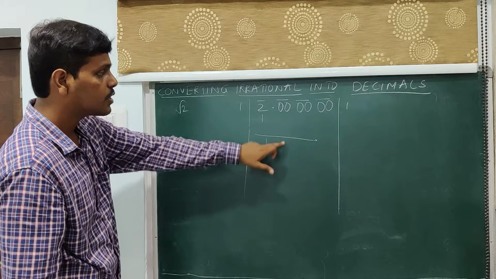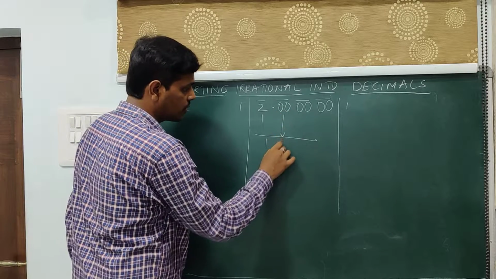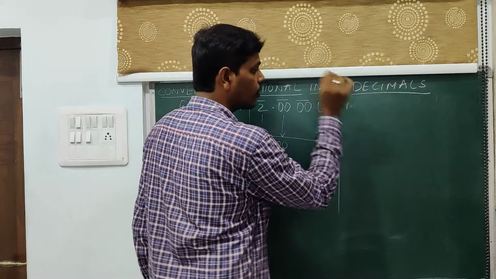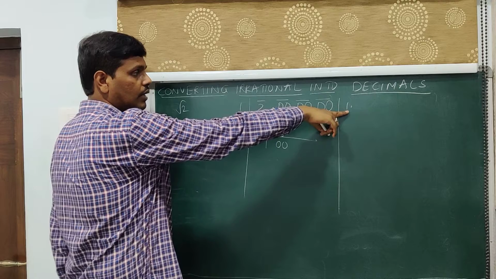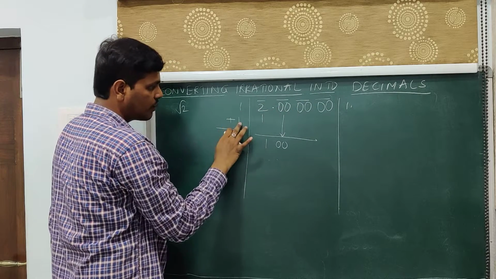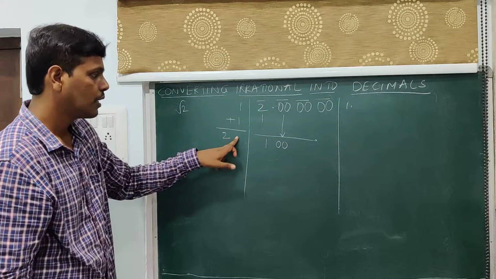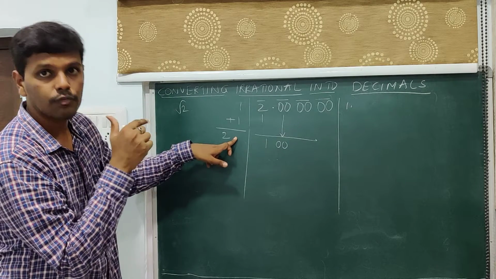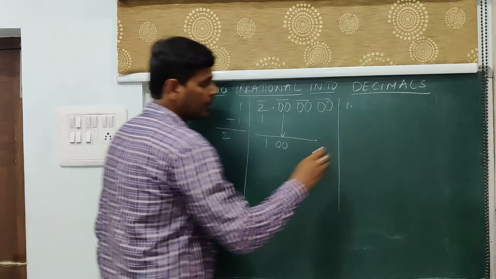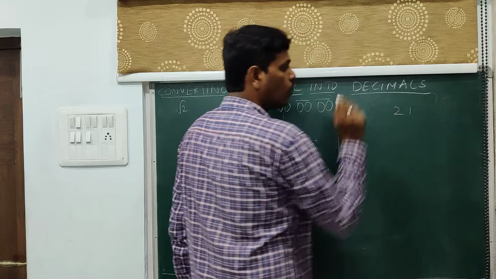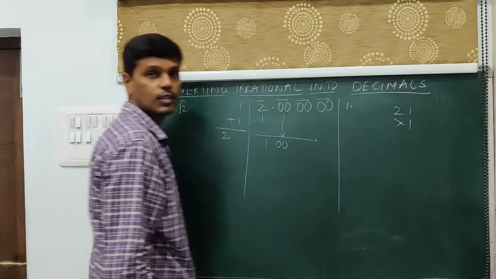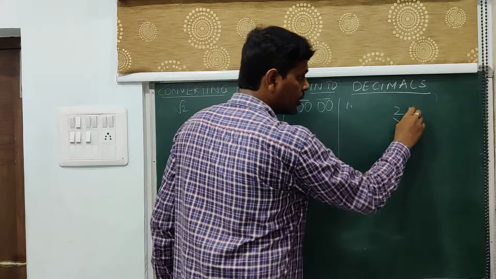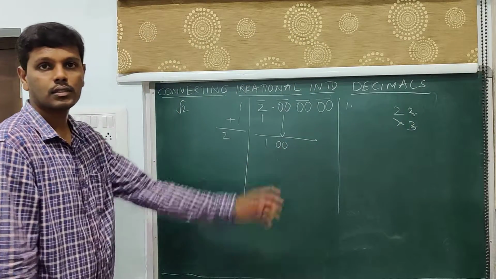Now, carry this pair of zeros, then this will be 100. Since you are carrying a pair of zeros after the decimal point, you keep a decimal point here. Now, whatever number you have taken here, add it to the same number. 1 plus 1 is 2. Write 2 here and leave this space. Whatever number you fill in this place, you multiply the number formed by that same number. For example, if you keep 1 over here, multiply the number formed with 1. If you keep 2, multiply the number formed with 2. If you keep 3, multiply with 3. That is the way we go about.